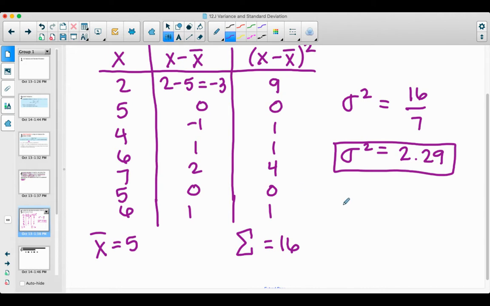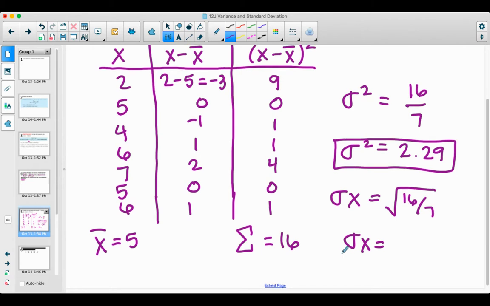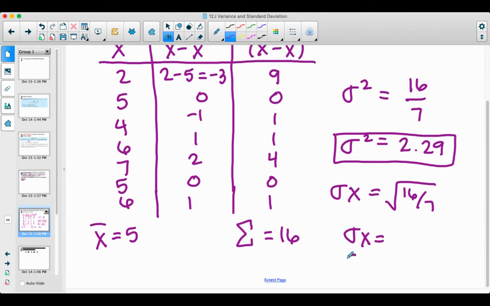To find our standard deviation, all we have to do is take the square root of that value. If you're doing it by hand, I would recommend taking the square root of the entire fraction, 16 over 7, because that's going to give you a more accurate answer. I'm writing it this way instead of with the S sub n just because that's what your calculator shows, but you can also see it written with the S sub n. I end up getting 1.51, and there is my standard deviation. You can also run your one bar stats: if you plugged this list into L1 and ran your one bar stats, your standard deviation is going to be